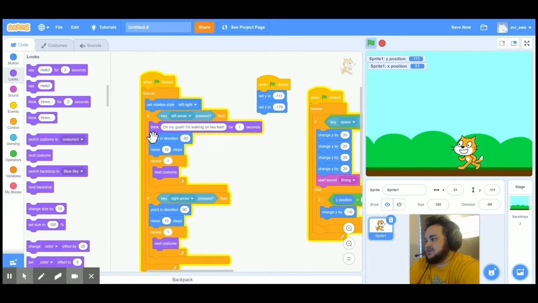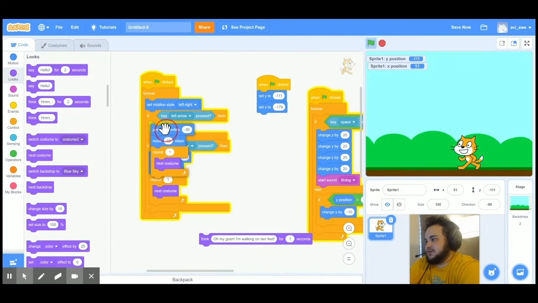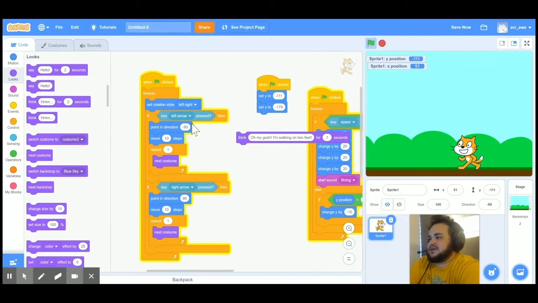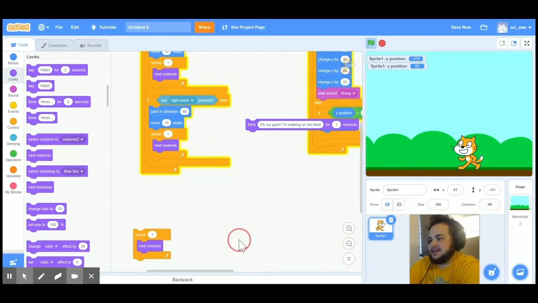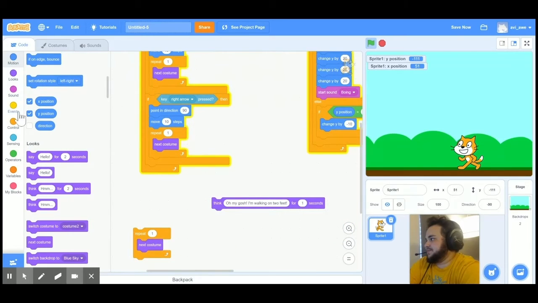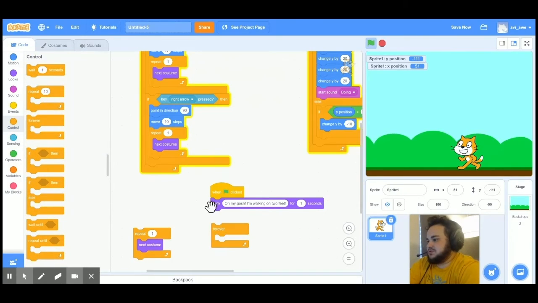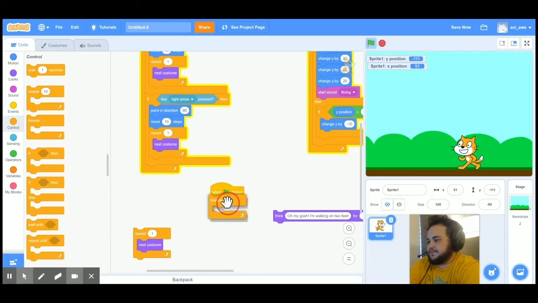So what I'm gonna do is actually take this out of the instructions. Because what it's doing is it's first doing this before it allows the program to run through anything else. So instead, I'm going to start another option, which is when green flag starts, control, do forever. Actually, forever, and then if